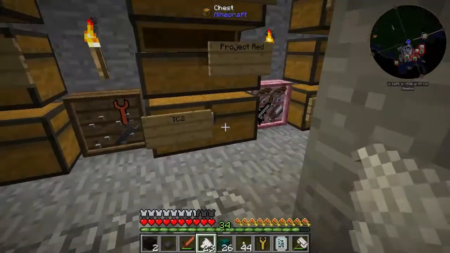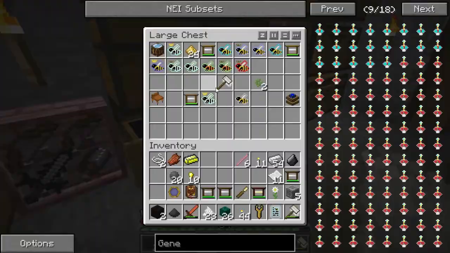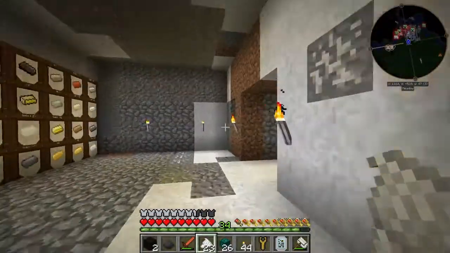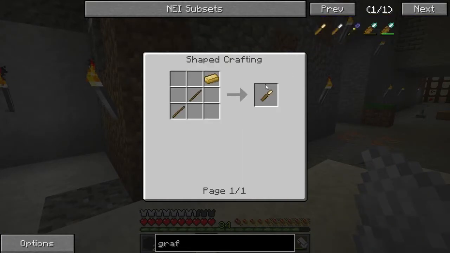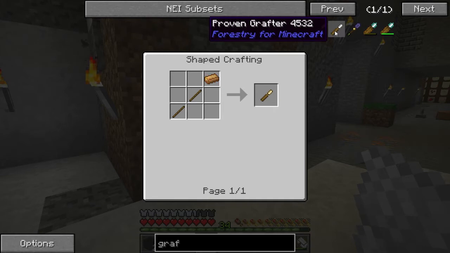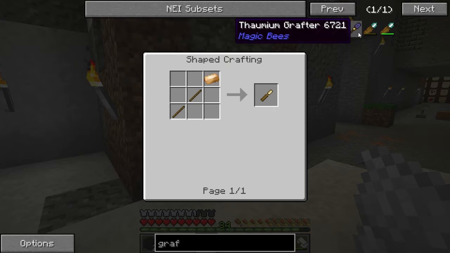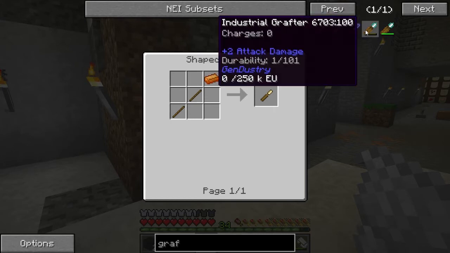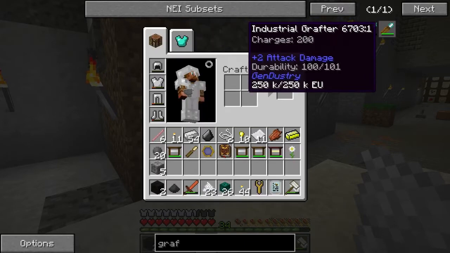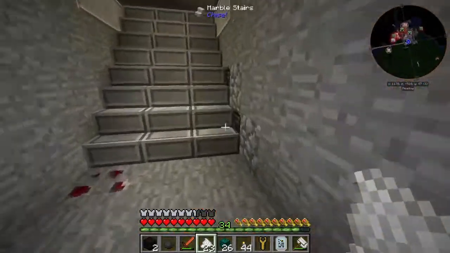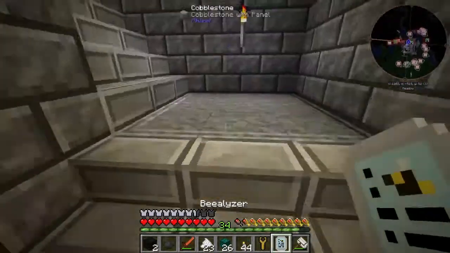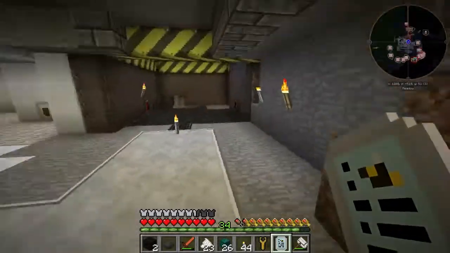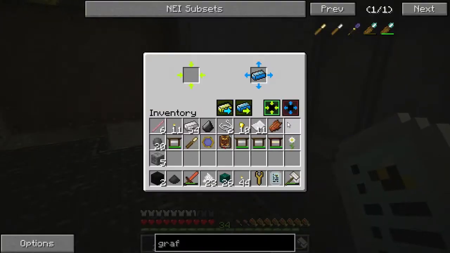Which is in forestry... Here. Grafter. I'll show you guys how this works. And actually, this shouldn't be too hard to use, I don't think. Grafter, yeah, bronze ingot. By the way, there's a proven grafter, which is better. The thaumium grafter, which is like a big thing. Industrial grafter, all this stuff. Now, what a grafter does is, I believe, on the very basic level, I can't say for more advanced levels, but on the very basic level, what a grafter does is it pulls out leaves and